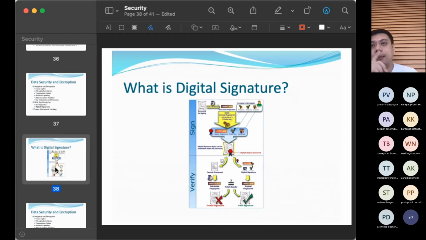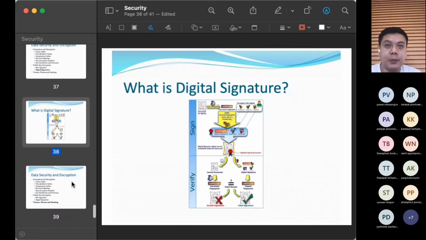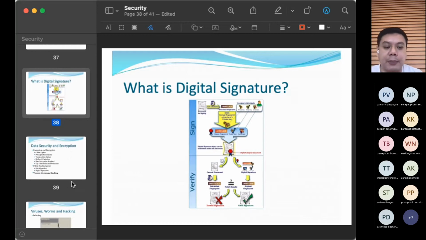This is important in the legal sense as well today. Although we do not see each other, we use the digital signature in court, in Thailand court to be exact, to claim that this is our contract, you agree with that, and you're not acting according to the contract. So yes, we can sue you, as an example.